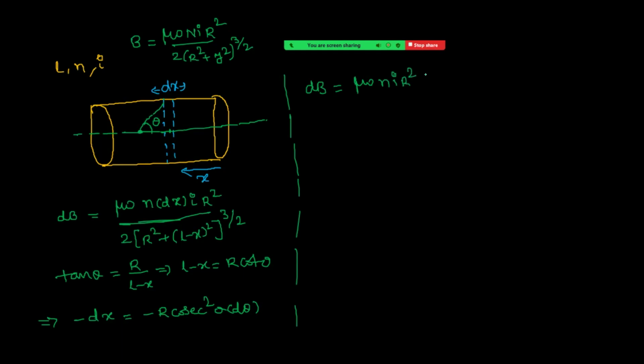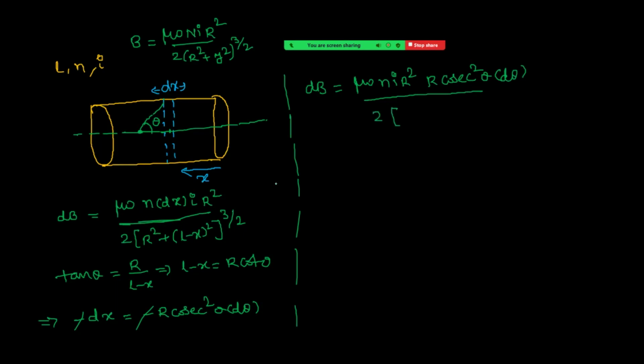In the place of dx, minus gets cancelled, R cosecant square theta d theta upon